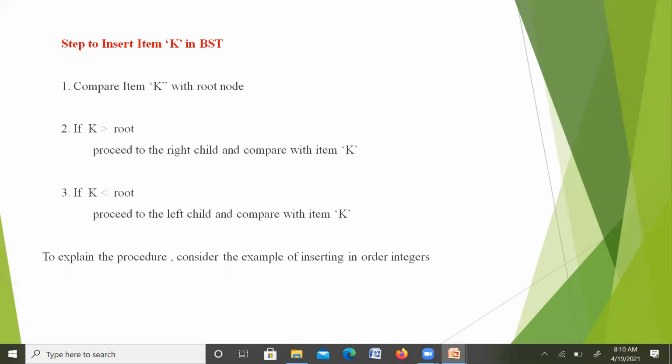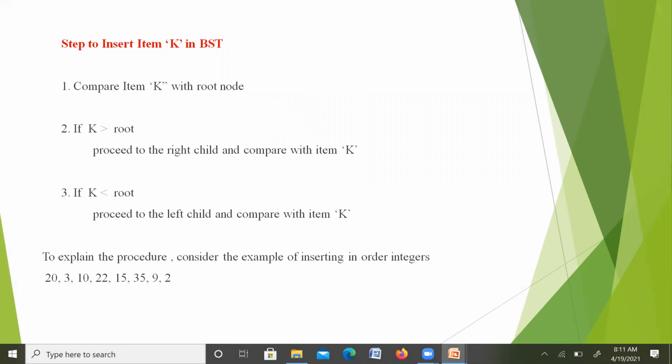To explain these steps, we consider one example of inserting integers in order. Suppose we have the values 20, 3, 10, 22, 15, 35, 9, and 21.